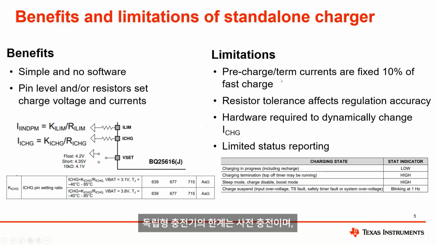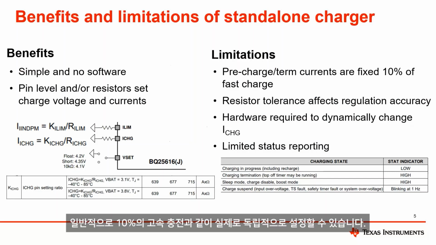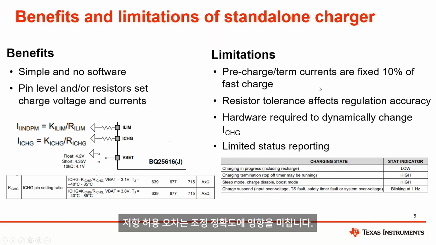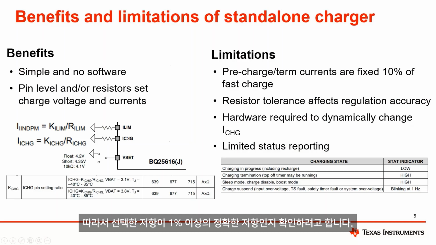The limitations of a standalone charger are the pre-charge and term currents are typically a fixed value, so they could be some 10%, typically 10% of fast charge, if they don't have a pin like that 24040 did to actually let you set those independently. The resistor tolerance affects regulation accuracy, so you want to make sure these resistors that you pick are at least 1%